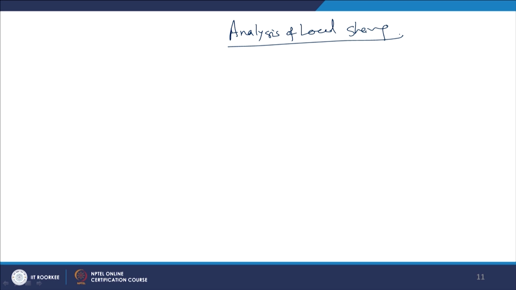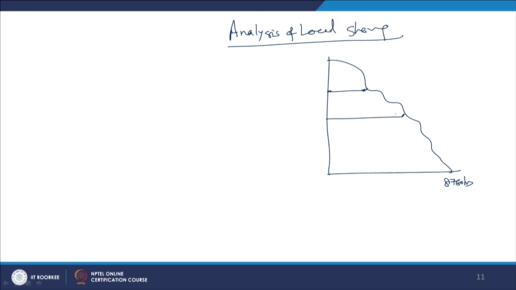Now, suppose in a year we have 8760 hours, right, and the variation of load is like this. There is certain variation in the load. This is the peak load. Peak load may remain say for 1 hour or 2 hours, right. This much load will remain for this duration of time. This much load will remain this duration of time.